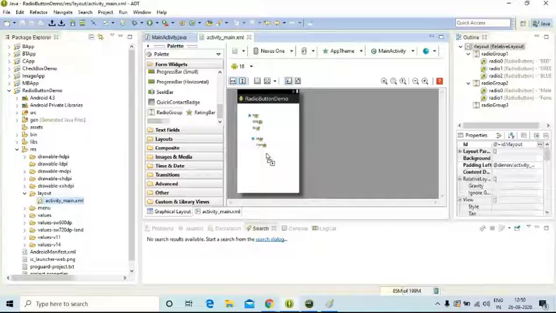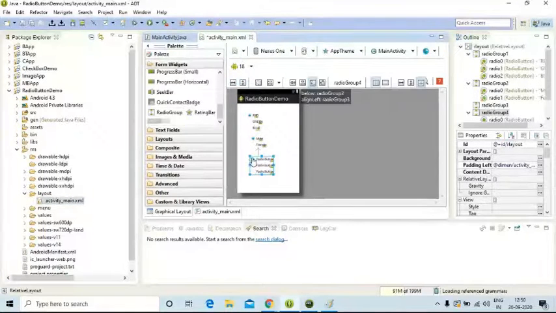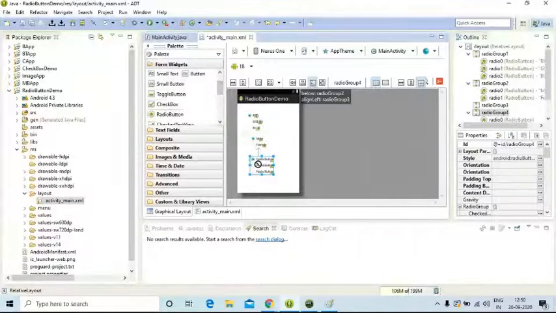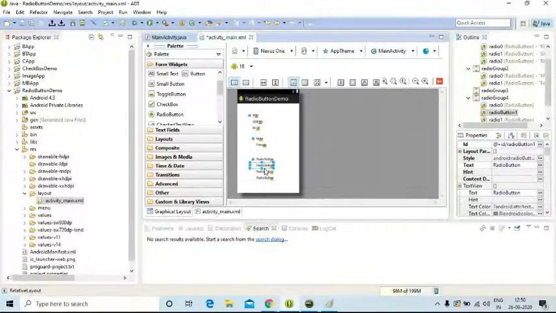If you want to add one more radio button, just drag the radio button and add it to the group. Now can you see 4 radio buttons or 3? Radio group by default gives 3 radio buttons as a group. If you want to add more buttons, you can drag the radio button and add to our group. Okay, is it clear, everyone? Let me know, please.